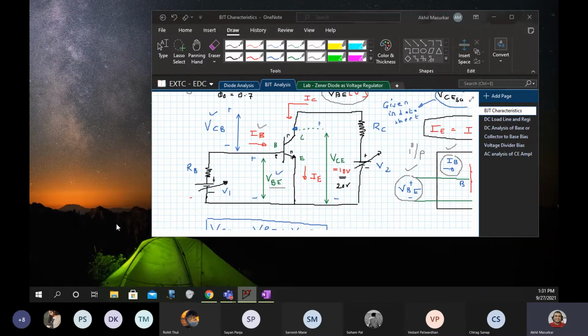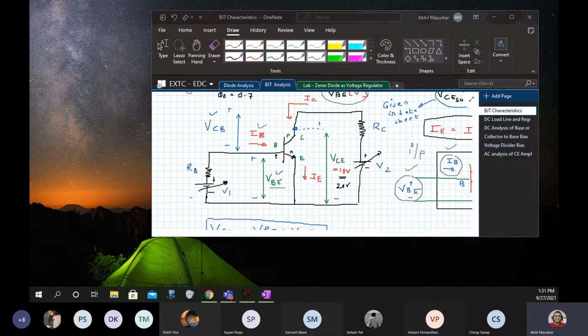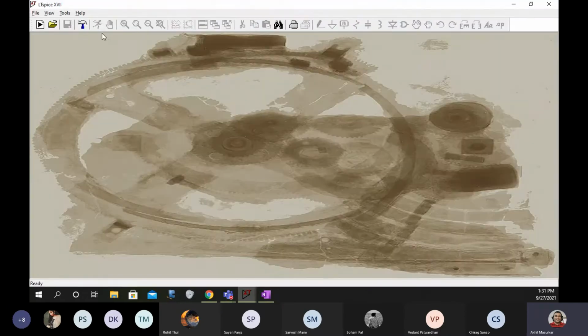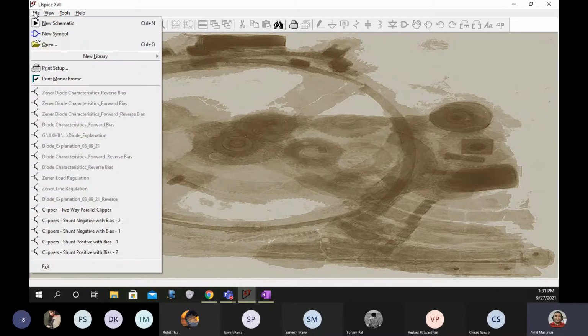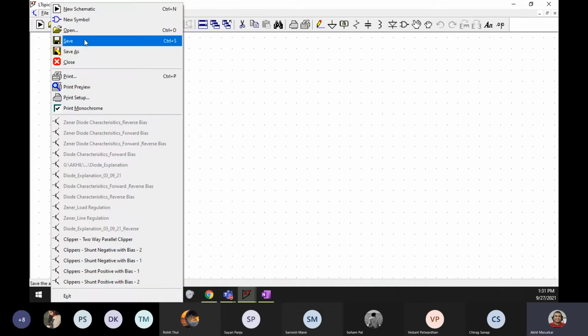I'll just open LTSpice. You all can start opening your LTSpice. This is LTSpice. Go for a new schematic file. Open a new schematic, and once you open it, save it somewhere.